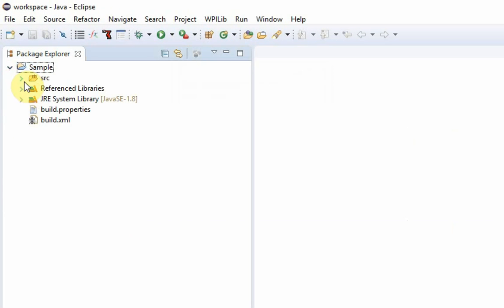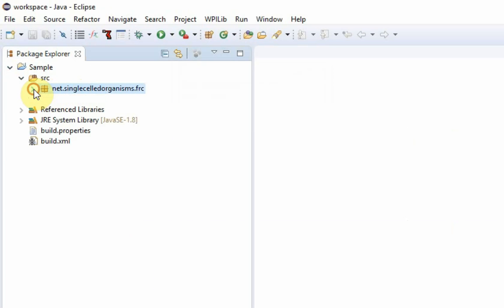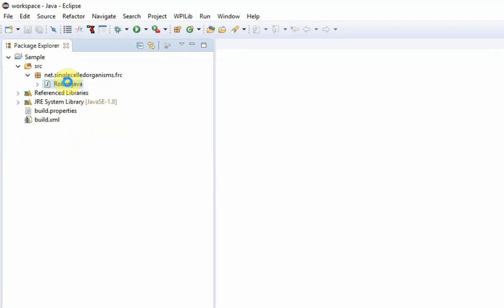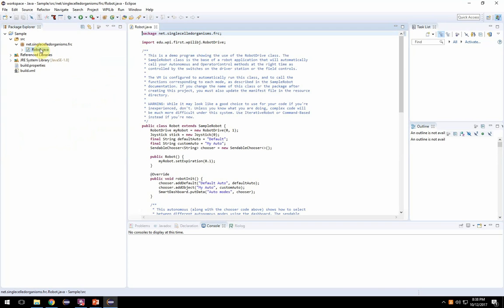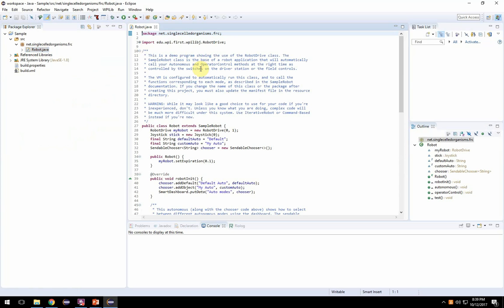And we can see that in my source folder, I have the package net.singlecelledorganisms.frc, and if I open that, I can see there's already a Robot.java. The script that was run for me when I created the new package using the FRC plugin created a build.properties, a build.xml, and a couple other files. The important thing, if I double-click on Robot.java, it's going to open that file, and I can now see that